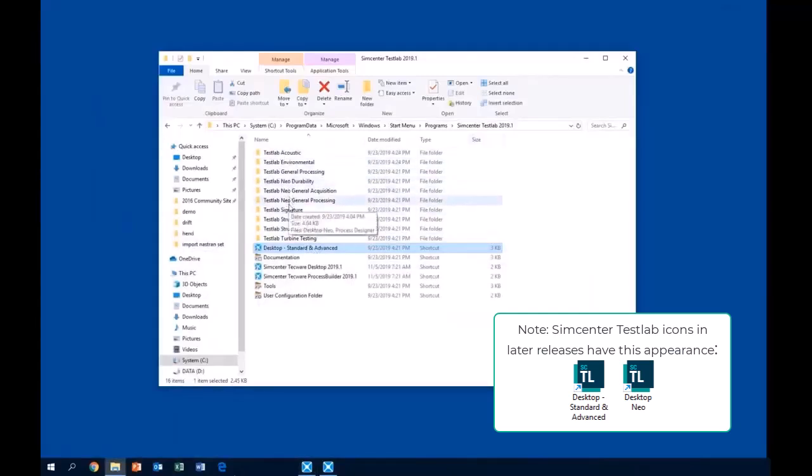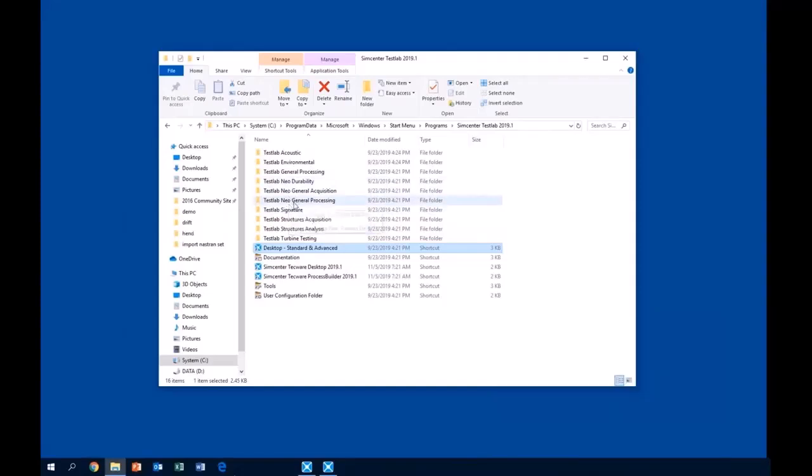And the word Neo comes from the Greek or Latin word for new. It's basically the new version, if you will, of Test Lab. And it's delivered along with, I'll call it the regular version or Test Lab Classic, on your software installation media. So you get both versions, and you can run either one if you have token licensing. And so anytime you start one of the programs from a Neo folder, you're running this new version.